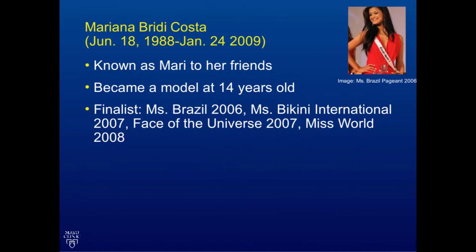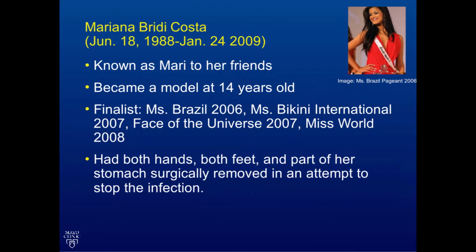So what happened in the interim? Well, this is Mariana Bridi Costa. Now, there's lots of different examples you could use of famous people who died of sepsis, Pope John Paul II, for example. But Mari is interesting because she's the one that you don't expect. She was healthy and she was young, and then she just died from infection. And how do we recognize this up front and learn to treat this in an appropriate way? This case came to international fame in 2009 when she died because of the unexpected nature.